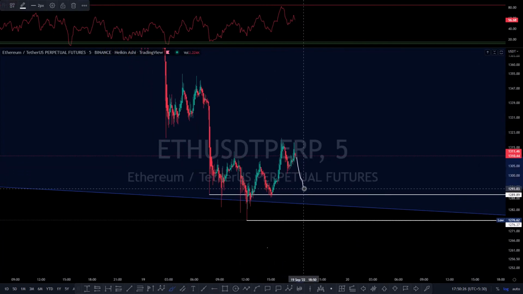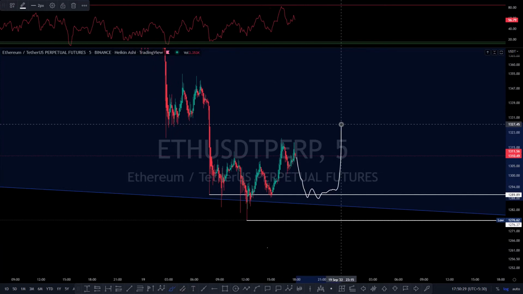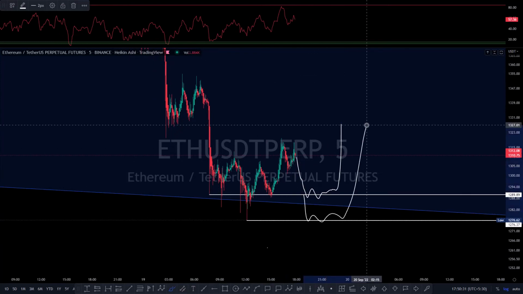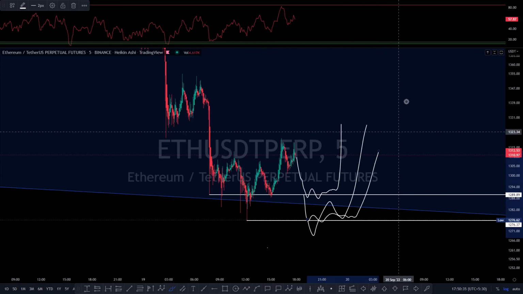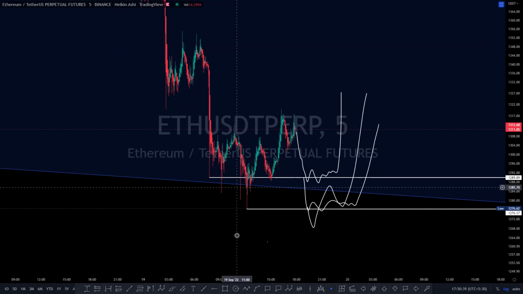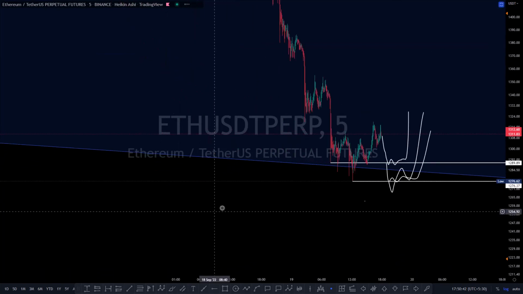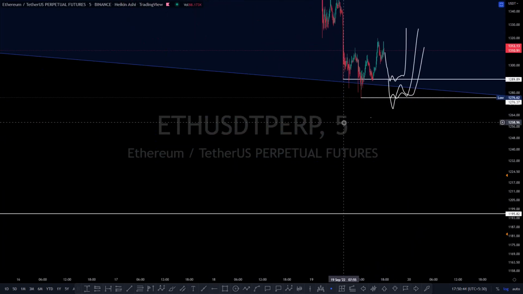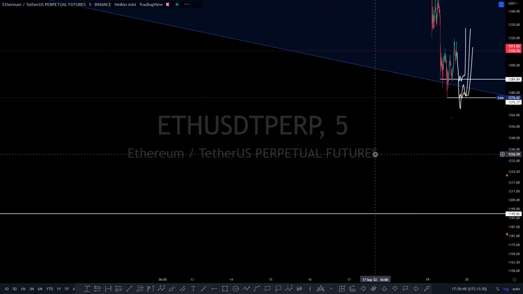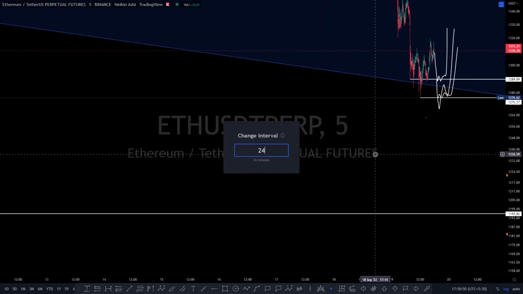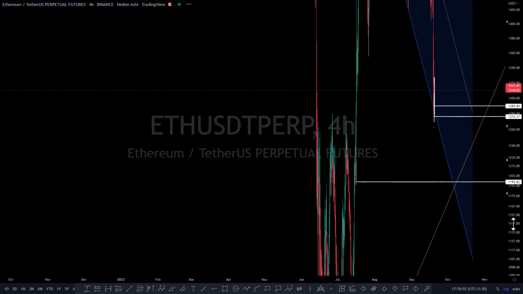Okay, if it comes and tests and you see a good reaction over here. If not, this is the level I am targeting, because if we put in a lower low and come up and go over here, then I'll enter the trade again. Okay, but line everything up with BTC, because you can see that below this zone there is nothing on ETH till 1195 to be precise. Okay, you can put in as many drawings as possible, but you will not see any support down.